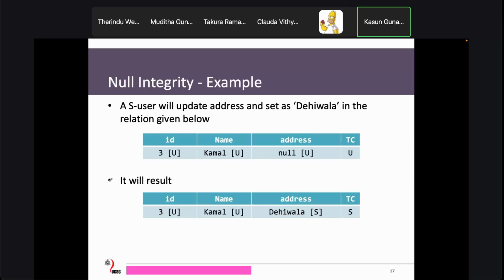So let's say an S user will update address and set it as